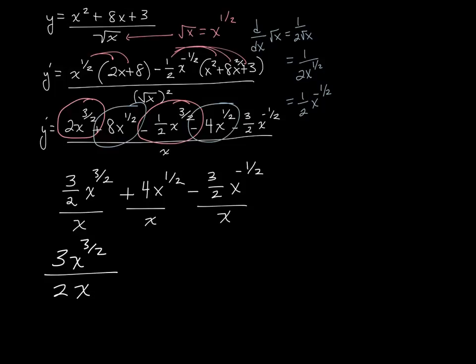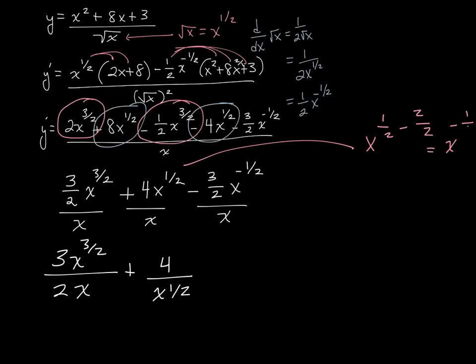In fact, I don't even think I'm going to do that. I'm going to do a common denominator here. I'll do it with this piece here. So this piece is going to end up being 4 over x to the 1/2. Because remember what you're doing, 1/2 minus 2 over 2, which is x to the negative 1/2, and then you bring the 1/2 down to the bottom,